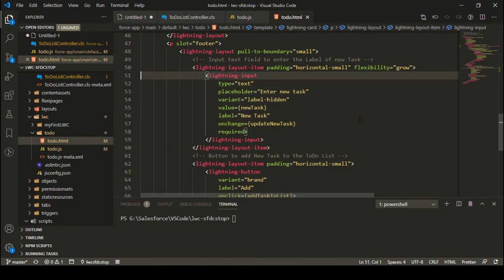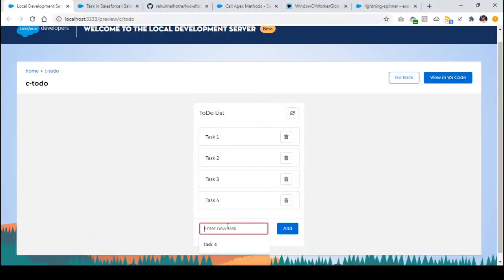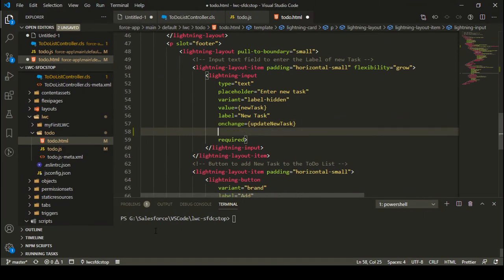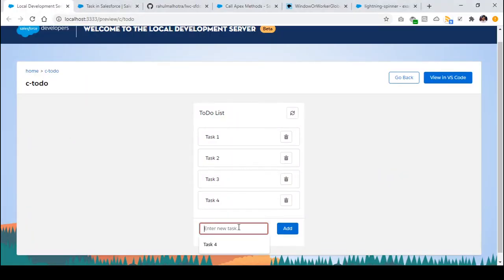To make this input field not show me the suggestions, I can simply set an autocomplete attribute. This attribute is present in any standard HTML input field, so this is present in our Lightning input as well. So I can specify this autocomplete attribute and I can simply set it to off, right? So in case I'm marking it as off, I won't be getting any suggestion whenever I'm clicking on this particular input field, right?